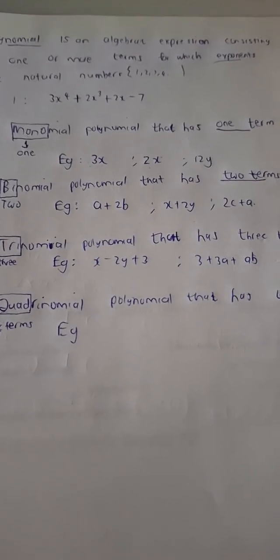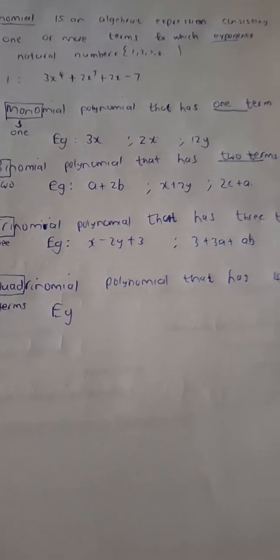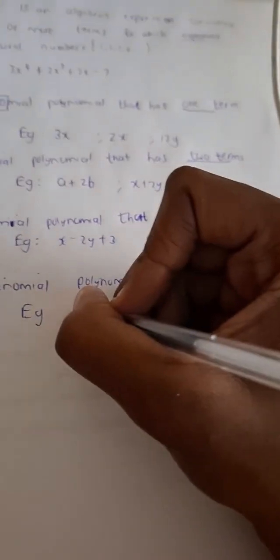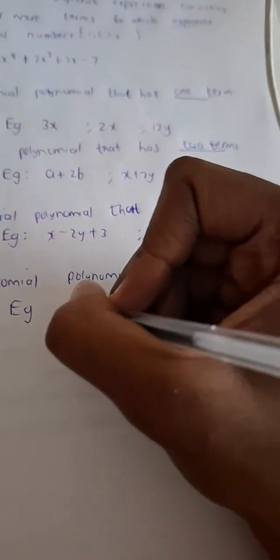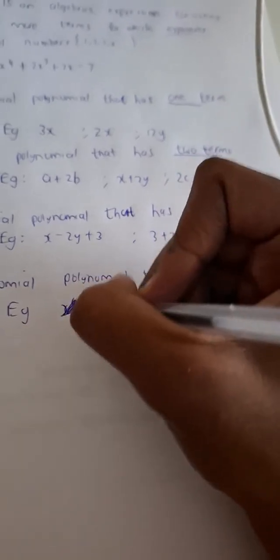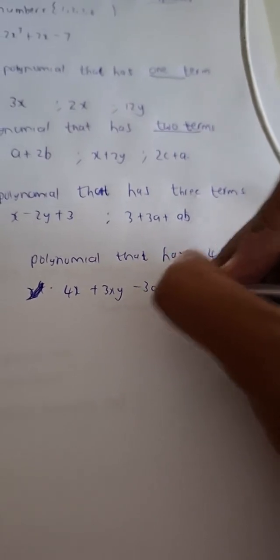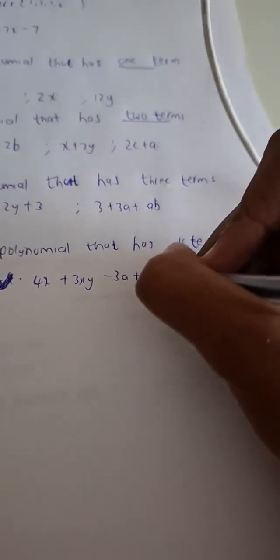I'm sure someone is busy typing because it's 4 terms this time round. Okay, so, right. 4x plus 3xy minus 3a plus